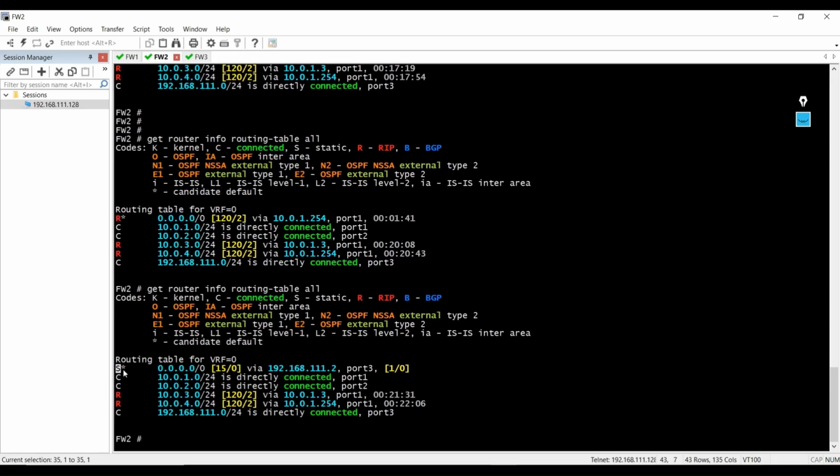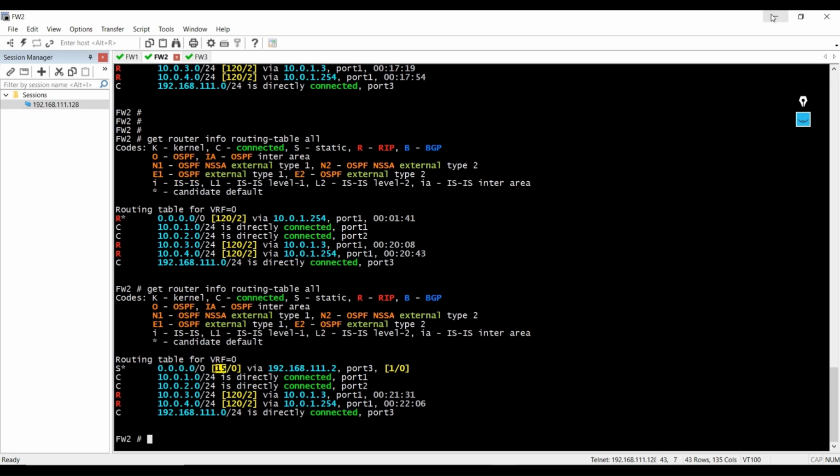It's showing us static star. Static default means the default route is configured statically, fetched from port 3, which is our management port, and it has administrative distance 15. So 15 is less than the administrative distance of RIP, so it's loading this information into the routing table.